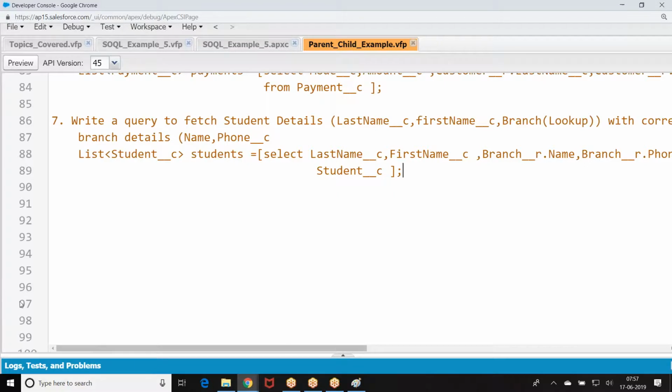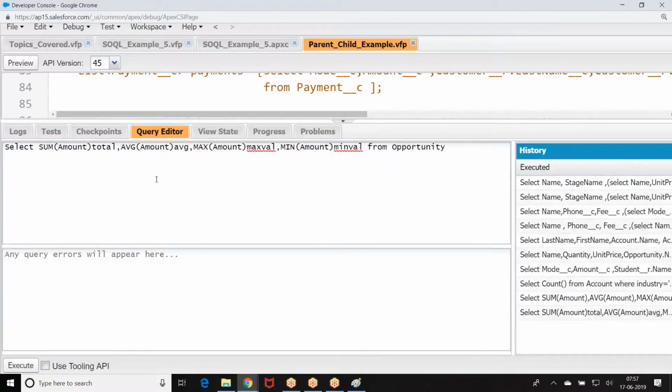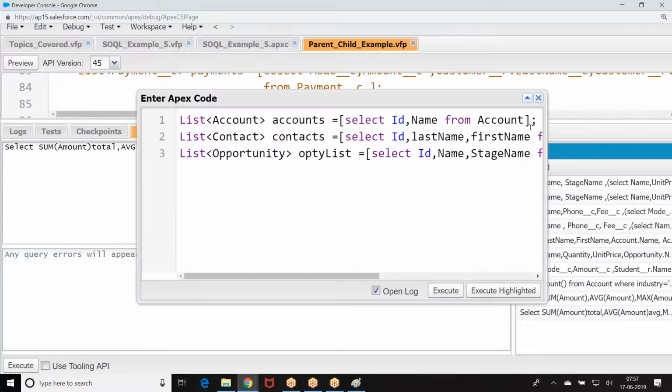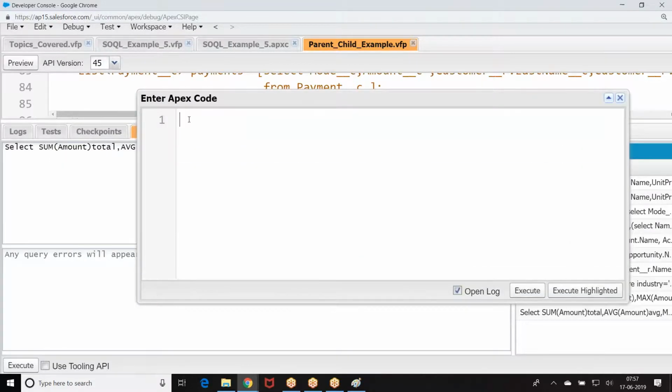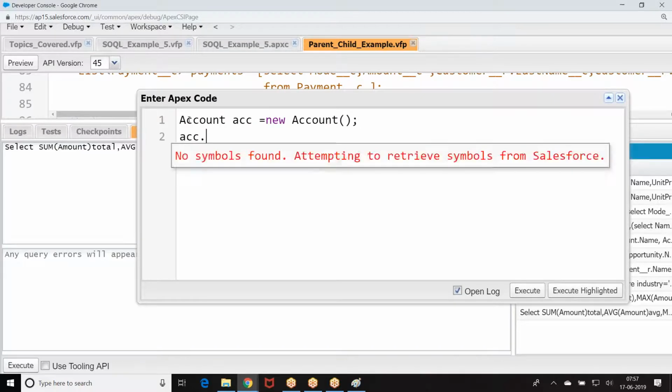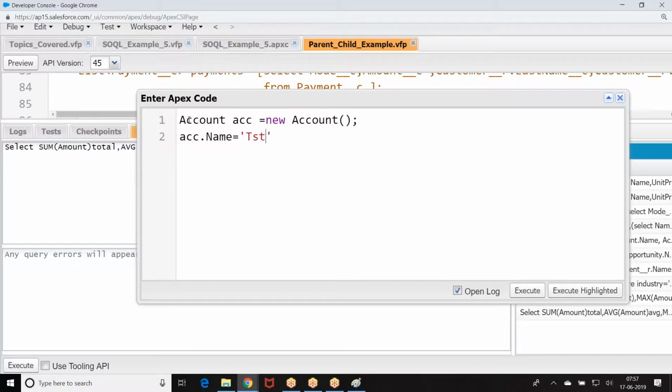So look at the story. Listen carefully. Now, we want to come back to one story here. I created an instance of account. I want to give the data. How can I give it? acc.name equal to.